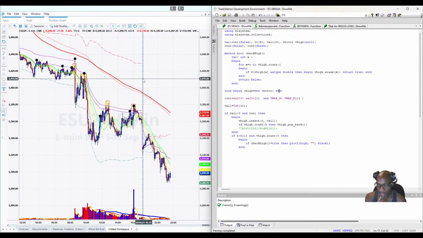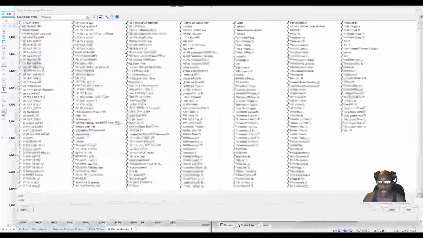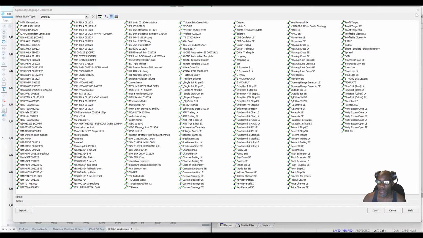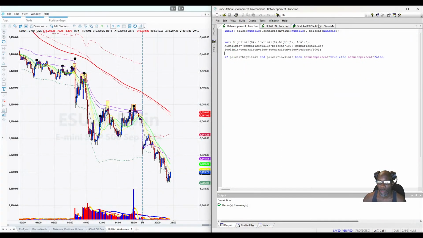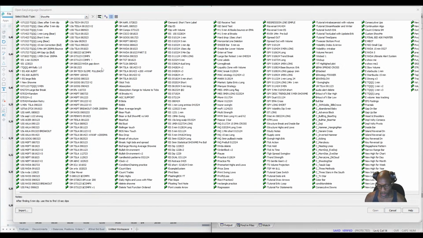Call it swept high. Bearish swept high. That's what we're going to call it. So we're going to close this so that we can actually name it something else. All you've got to do is make sure that it's closed and it's not up here in one of your active windows. Then you hit open up here, and then you go to whatever kind of analysis it is, which this is Show Me. It's ES O. Then you just right click on it and hit rename,